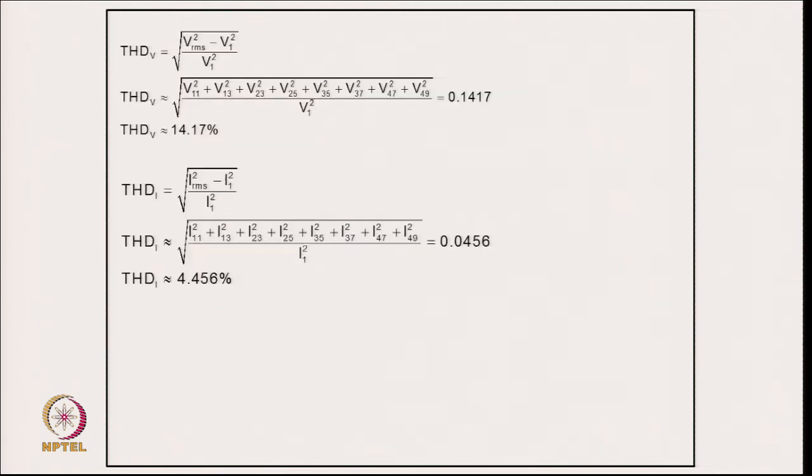Now, we can calculate the TAD of the voltage. So, we can take all the dominant harmonics to calculate the TAD, and it comes 14.17. In 12 pulse it comes at the order of 14 to 15%. So, because we neglect some of the harmonics, it comes quite close to that value, and for the current harmonics we calculate all dominant harmonics. So, it is only the TAD comes